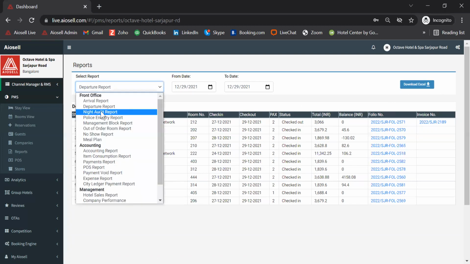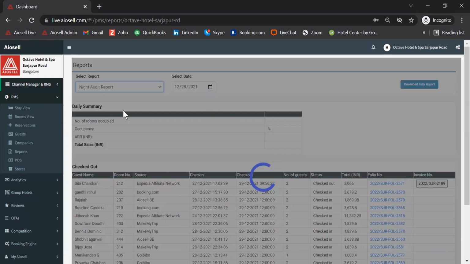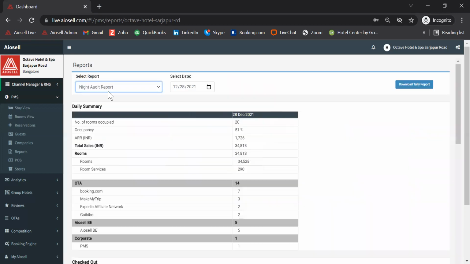The next one is a night audit report. Now in IOCL Property Management System, the night audit is an automated process. There is a time which we set, and at that point of time, the night audit automatically happens.